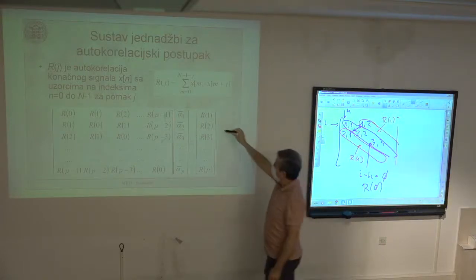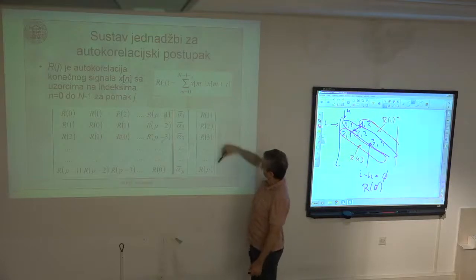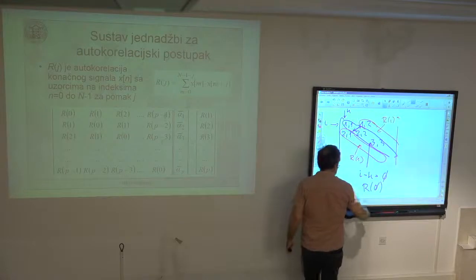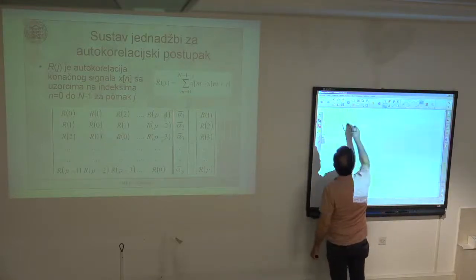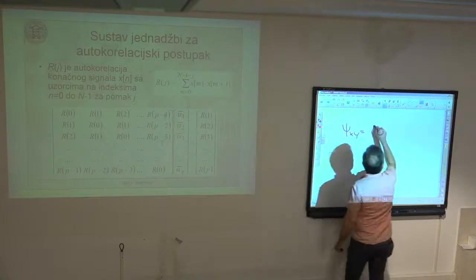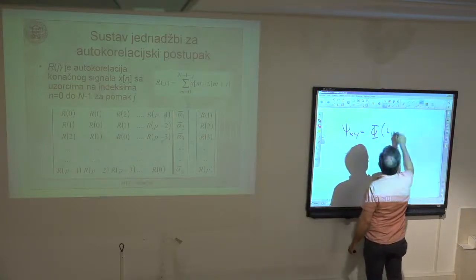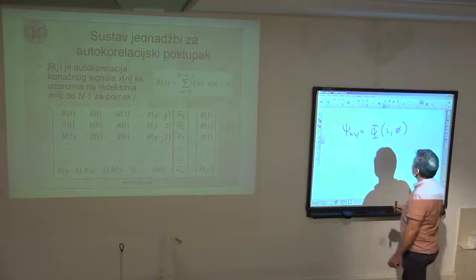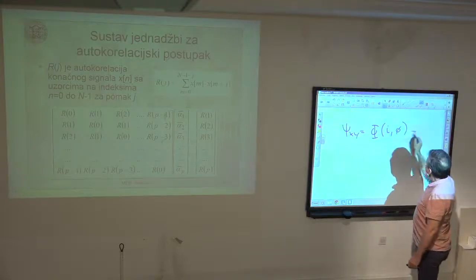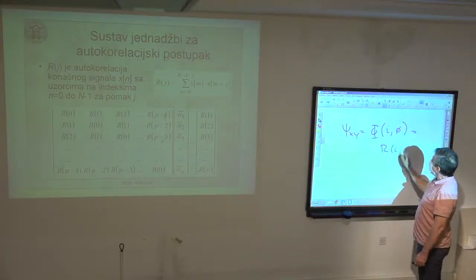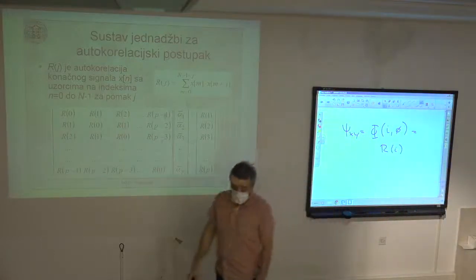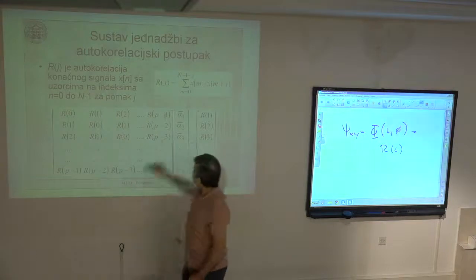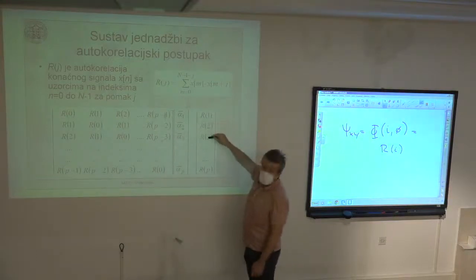Now I have to compute the correlation column xy, and this correlation column, we know that it was phi of I comma 0. So k was 0. And this means it is equal to r of I, because the absolute difference between I and 0 is I, and this column is then r of 1, r of 2, r of 3, up to